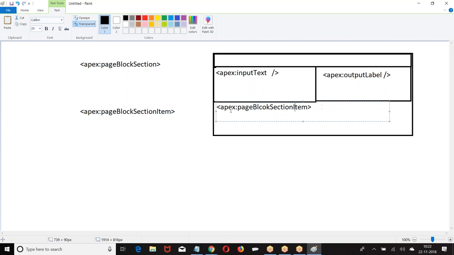This is also one element. One element means what? Once I open till I close, it's called one element.